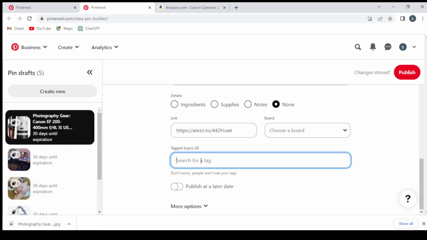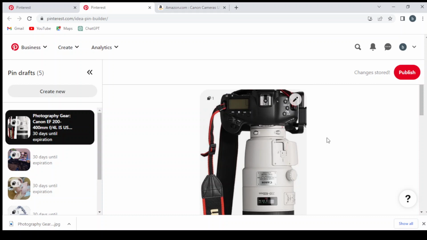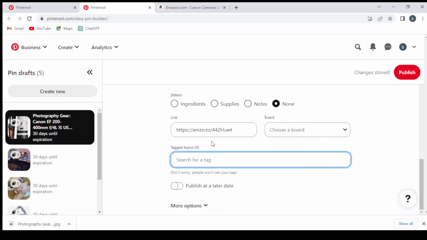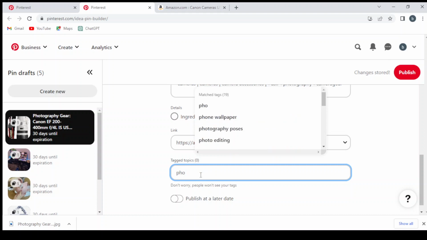And here, guys, make sure to select a lot of tags, because the tags are the main reason that makes the post go viral and show up to a lot of people. So we want a lot of people to see our post, and eventually some of them are going to click on our link and buy the product, and by that we will get our commission. So make sure to choose as many